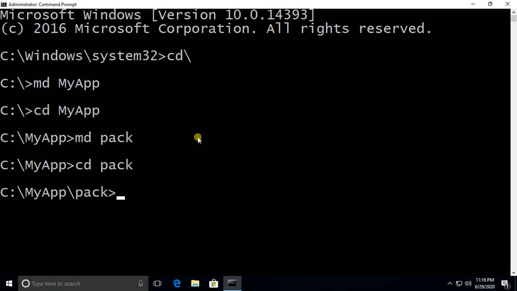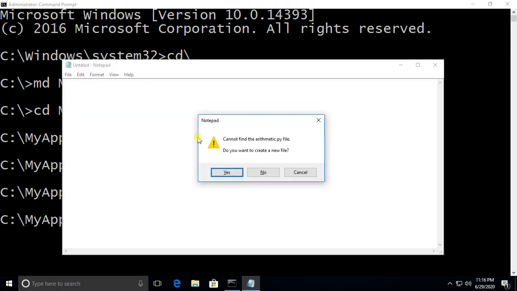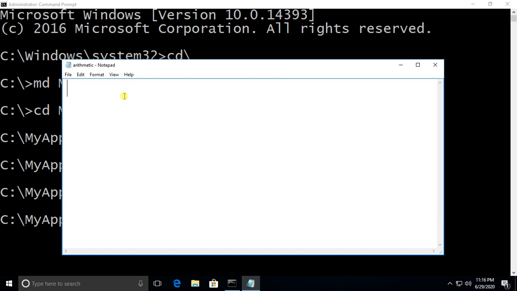Here itself you can start notepad. Start notepad arithmetic.py. Say cannot find the arithmetic.py file. Do you want to create a new file? Click on Yes button. Here you can define functions.